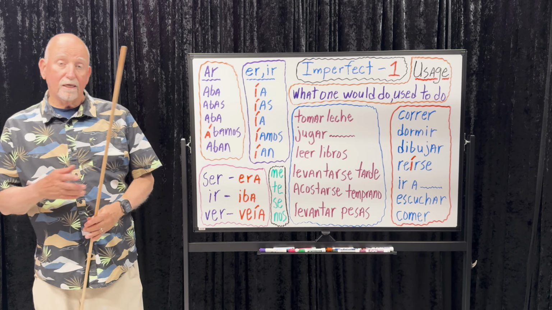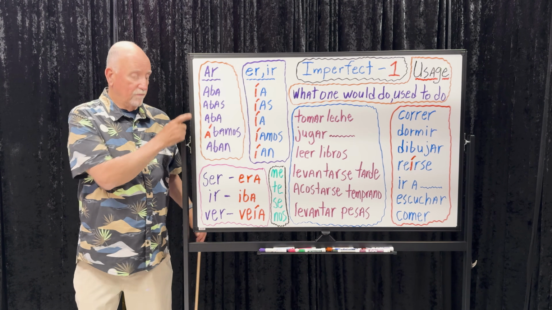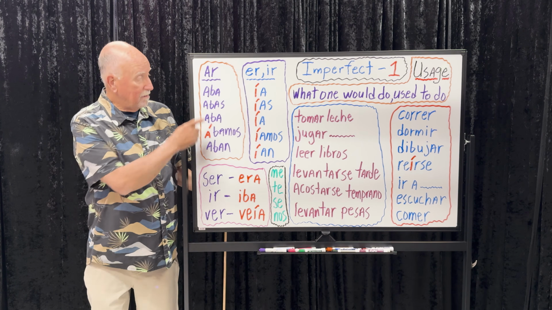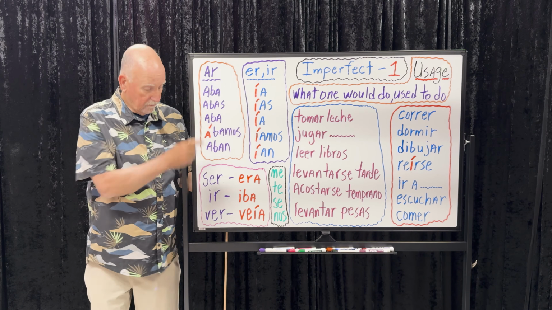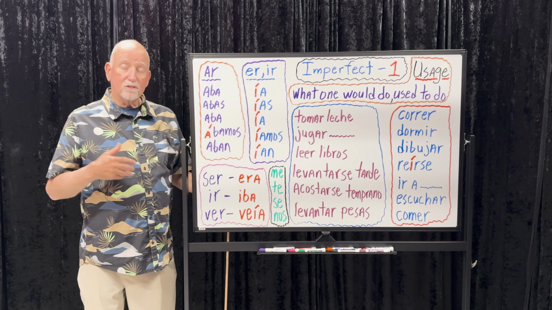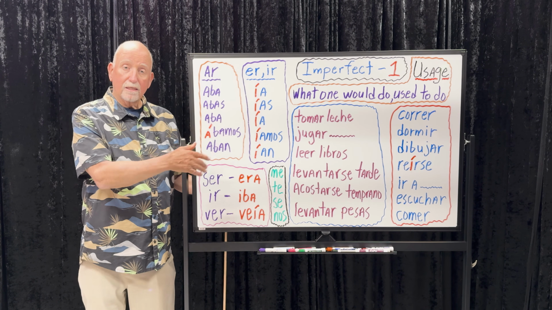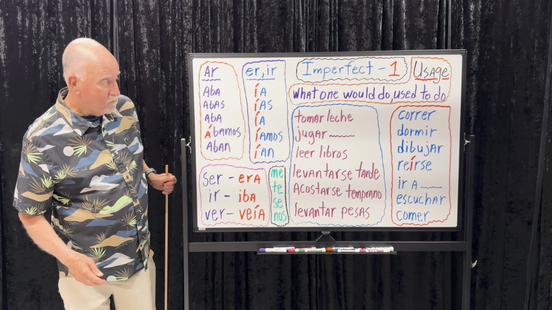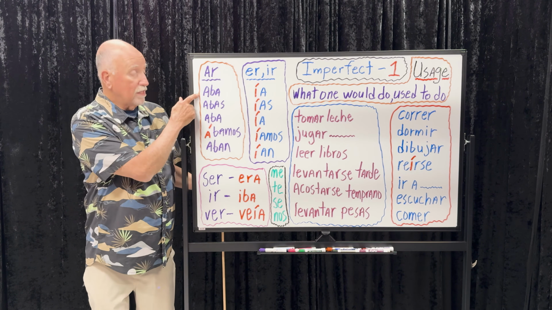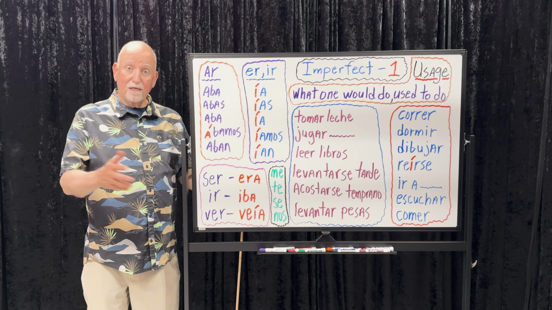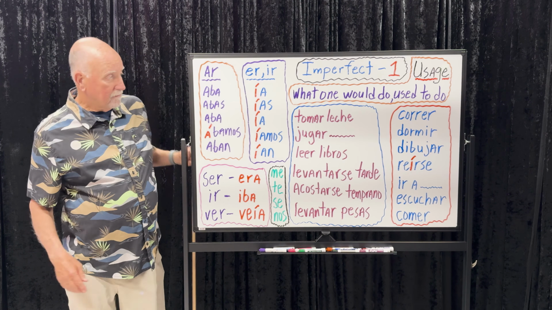Escuchar, when I was a kid, I used to listen to music. Cuando era niño, escuchaba música. When I was a kid, escuchaba mis CDs. I used to listen to mis discos compactos. Escuchaba mis CDs. I used to like to listen to Disney music. Me gustaba escuchar la música de Disney. I would listen to Disney songs every day. Escuchaba canciones de Disney todos los días. Todas las mañanas, ¿verdad? Todos los días.